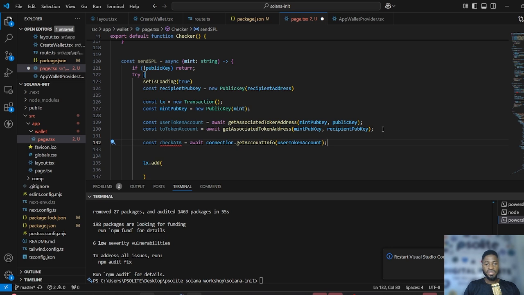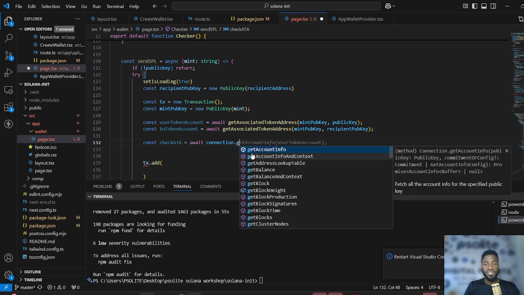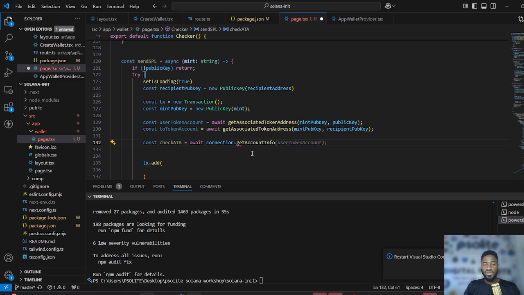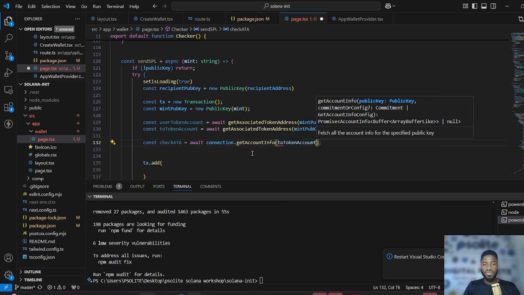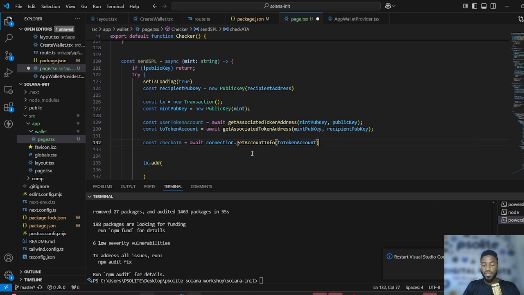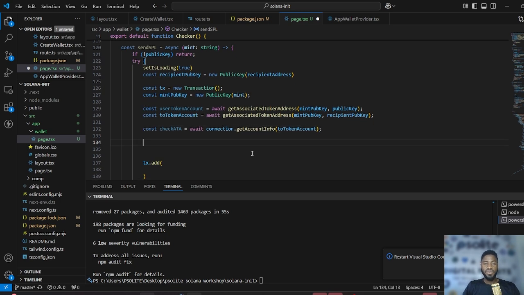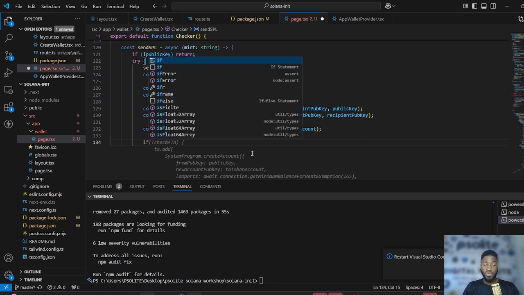Do it this way: connection dot get info, then you pass in the recipient token account. If there is info, it returns something. If there is not, it will tell you that it doesn't have. Since it will probably return no,